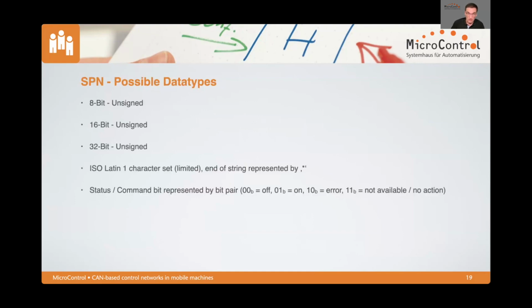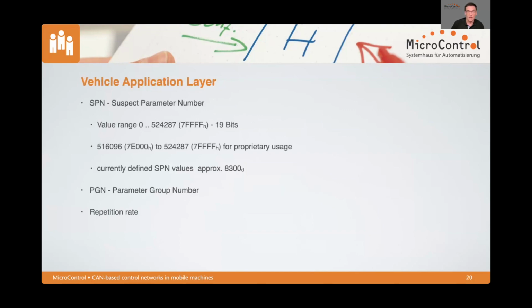The next problem that you have with J1939 is, when you do proprietary stuff, the limitation on possible data types. There are only 3 of them: 8-bit, 16-bit, 32-bit, and everything is unsigned. So how do they do that? They're doing it in that way that they're putting these variables, these signals together,